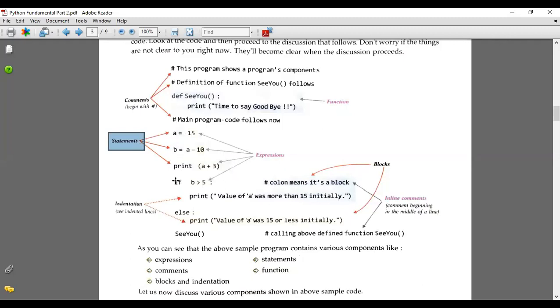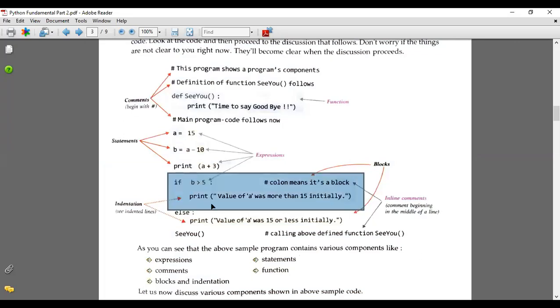Then if b is greater than 5, colon. If a colon sign is written with any condition or any loop, that denotes a block.